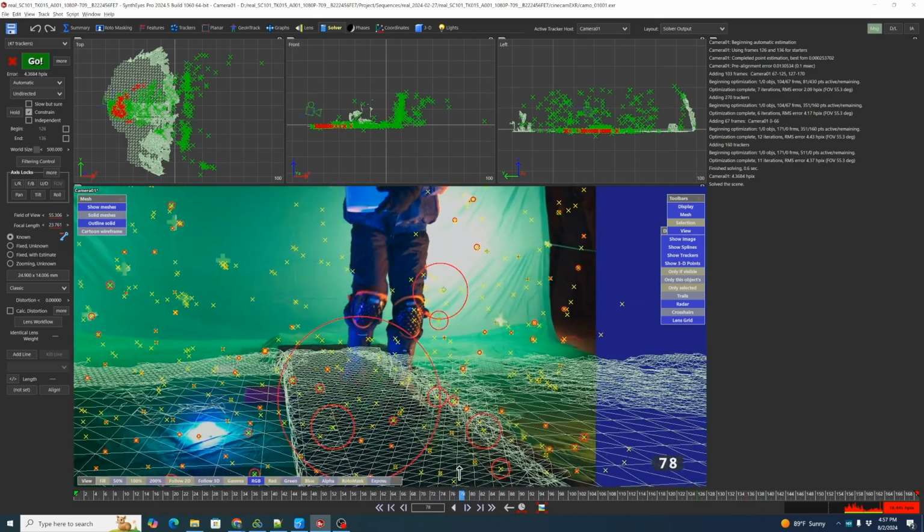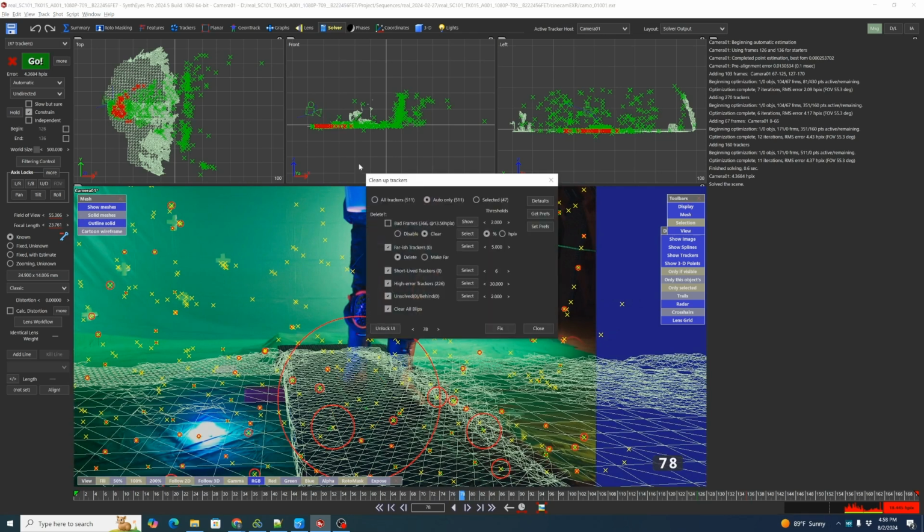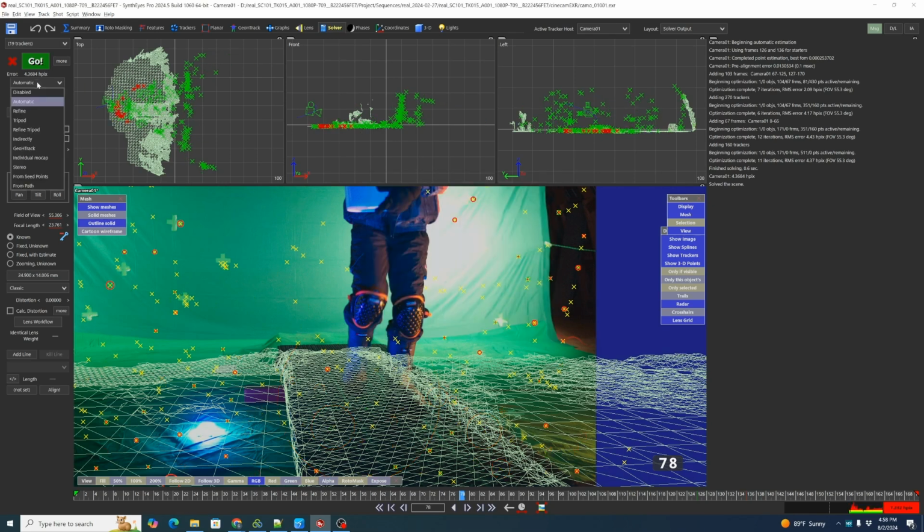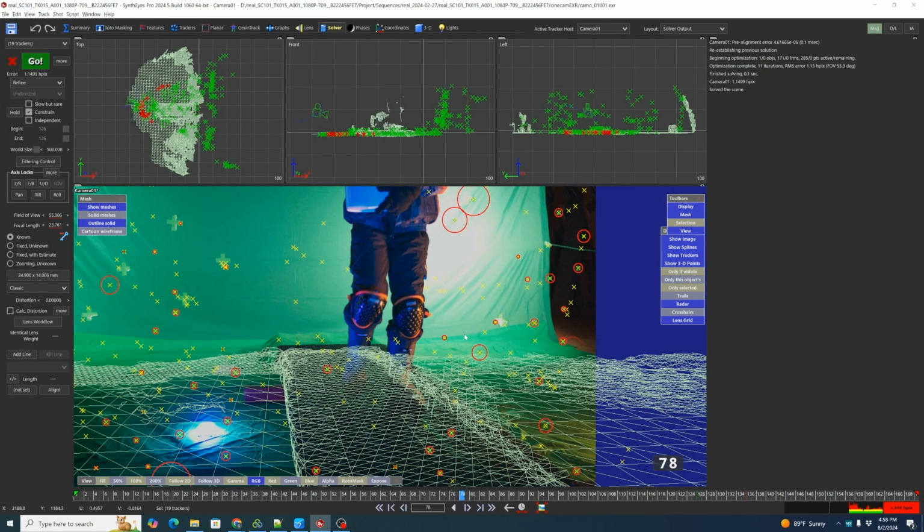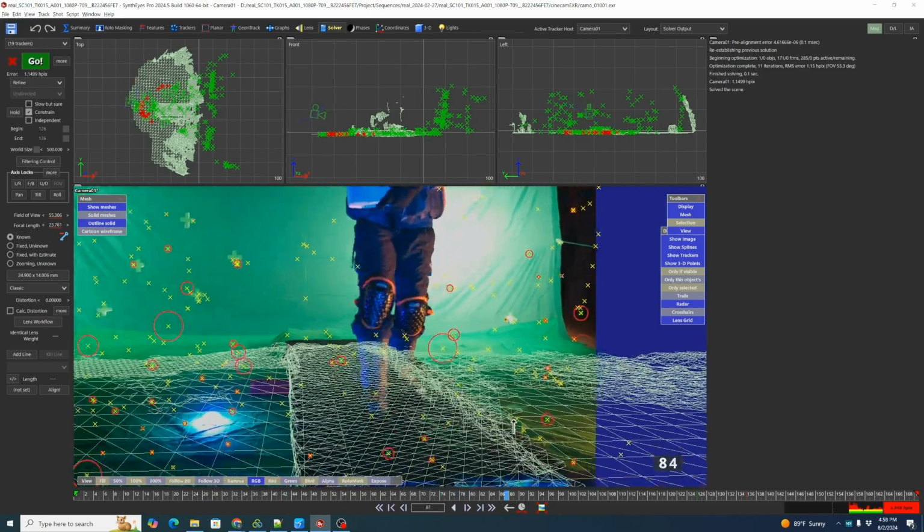So some of these you have just huge error, right? So what we're going to do real quick is just go Shift-C, and we're going to just remove our bad frames and hit disable instead of clear. And we can just click fix. And we'll change this from automatic to refine. And then we can click go. And what this is doing is it's refining the solve. It's keeping our 3D orientation, but now we can focus on getting rid of the trackers that are causing lots